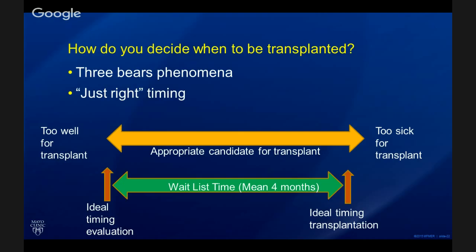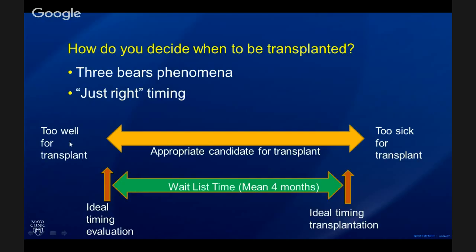And so with interstitial lung disease especially, because patients are at risk for these acute exacerbations that may lead to a big sudden decline in their health and their expected life expectancy, we would rather see patients with interstitial lung disease erring on the side of too well for transplant,